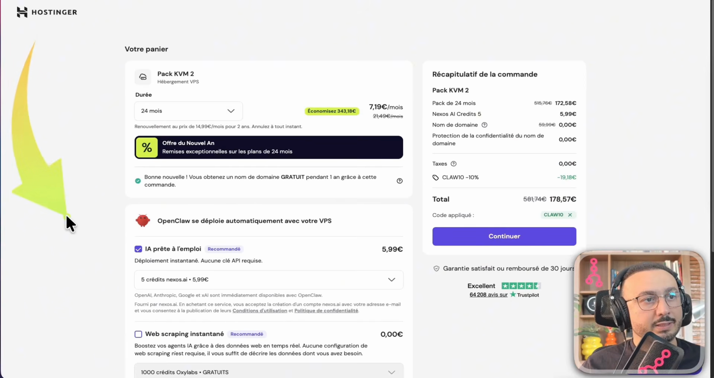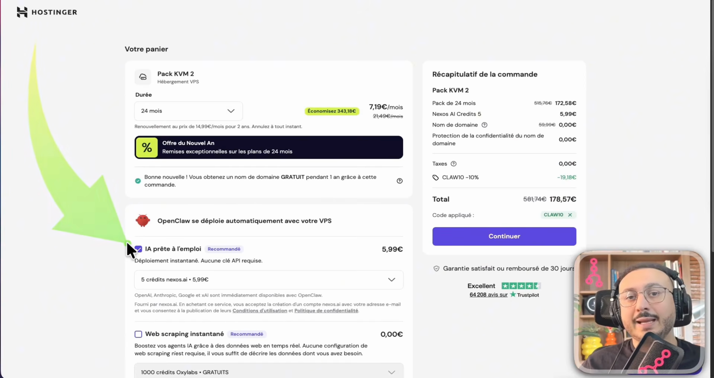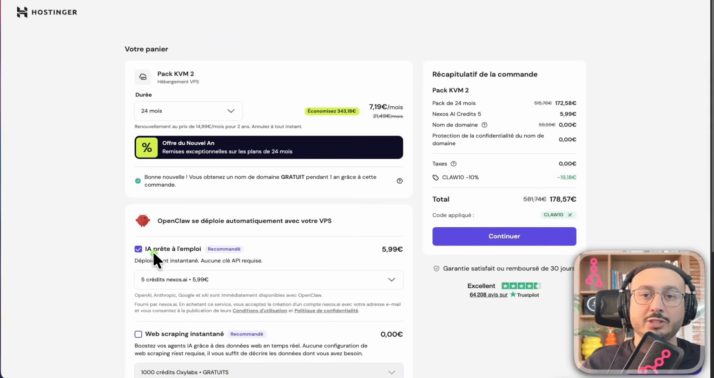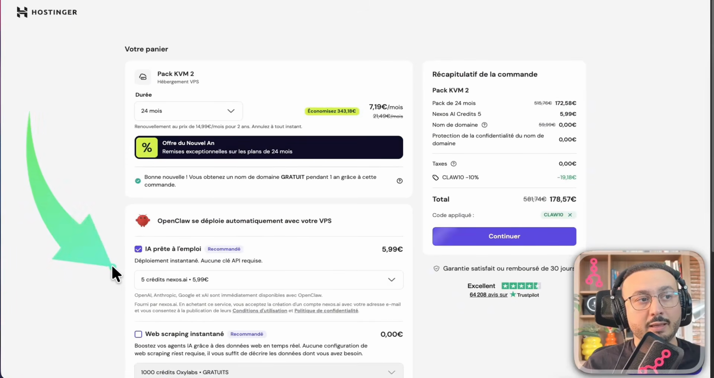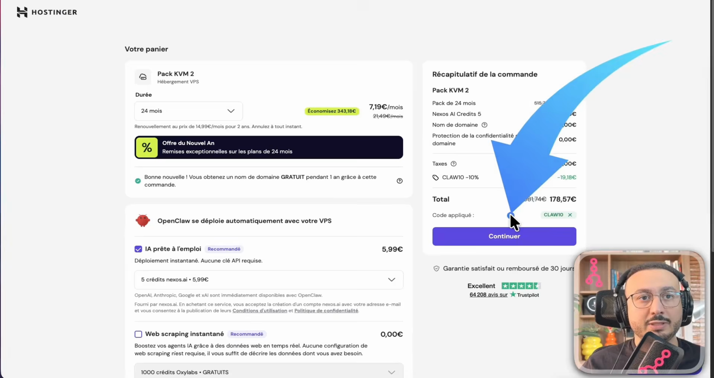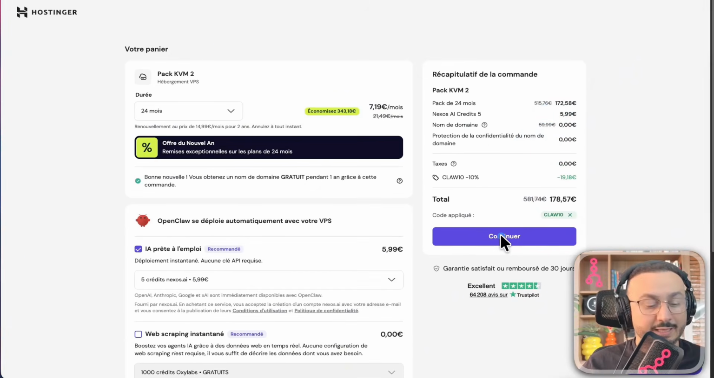Now, there's the possibility to automatically have a brain, an LLM model, already installed, and that's what I recommend to you. This will prevent you from having to manually configure the ChatGPT or Claude APIs later on. By choosing this option, you'll immediately get credits that simply allow you to use OpenClaw safely, pre-installed and easily. There you go. All that's left to do is click on Continue to get direct access to the installation